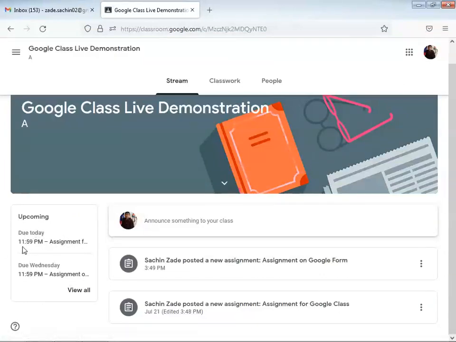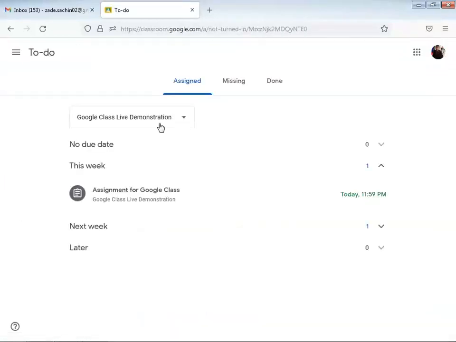First one is due today, at 11:59 we have to submit the assignment, and second one is due on Wednesday. So on the left side we will get all types of instructions, that is, the assignments which are created by the teacher itself. The two assignments are given by the teacher. We will see one by one. We can select the first one or the second one, or we can directly click on the view all option. This will take you to the classwork, or to the different assignments we have here.